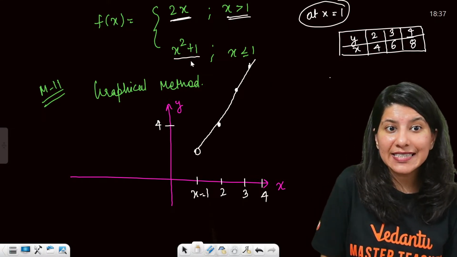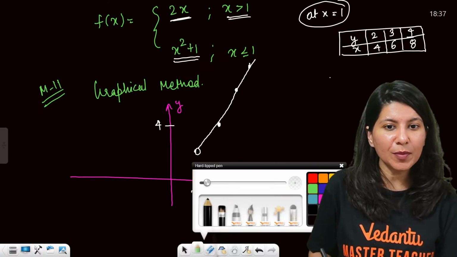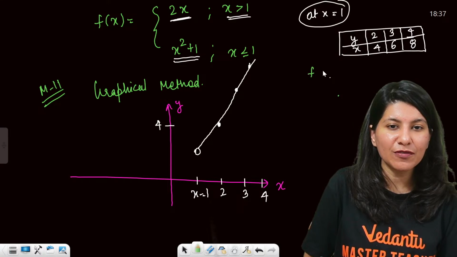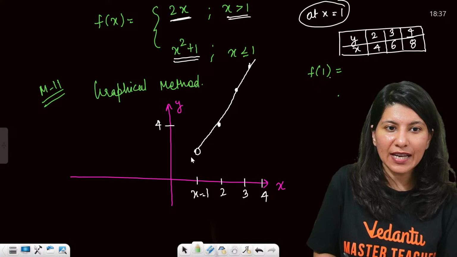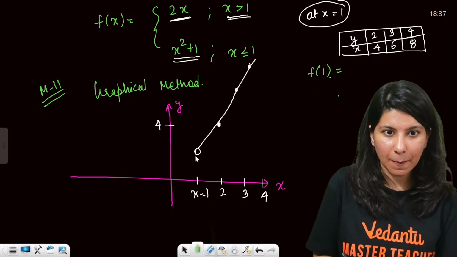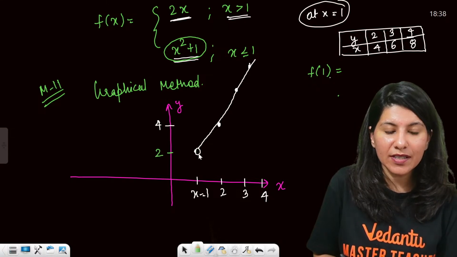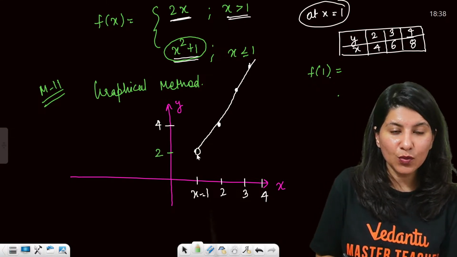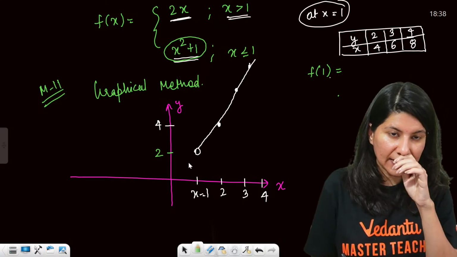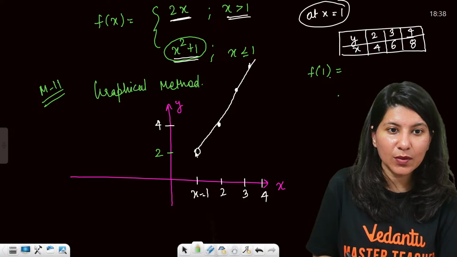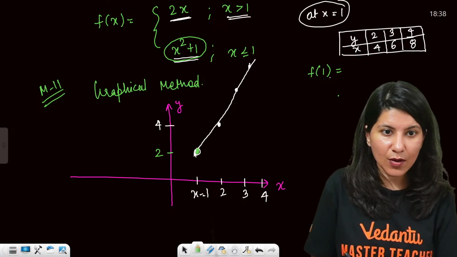What about when x is less than 1? Although, what about f of 1? Can anybody tell me f of 1? So ma'am, you have to put 1 over here. We have just calculated f of 1 is 2 basically. So this is your 2. So f of 1 is 2, so 2 is here. And if you want to draw the graph, the moment you put x equals to 0, you're going to get 1. So this is how your graph will look like. Can you see?